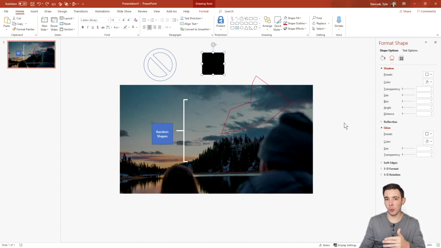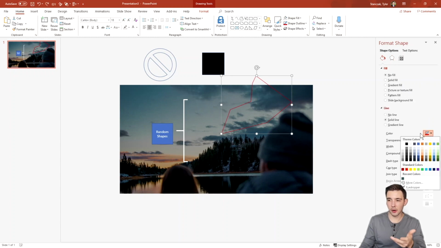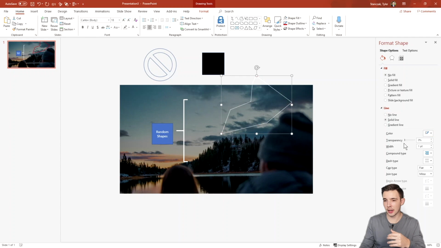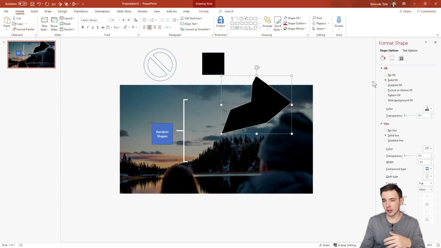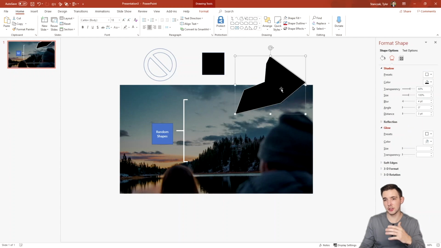I like to have this window open just while I'm designing my slides because that way I don't have to catch myself opening and closing it over and over or sifting through all these different effects right here. Instead, I can quickly click on a shape, then check here to see what's going on with that shape. Okay, here's the border color, it's red, maybe I want to change it to white, maybe I want a solid fill, maybe I want to add some effects. I can add some effects right here. Now there's a shadow. So as you can see here, you can get really quick with this, really customize it. You can choose how big you want this blur to be.